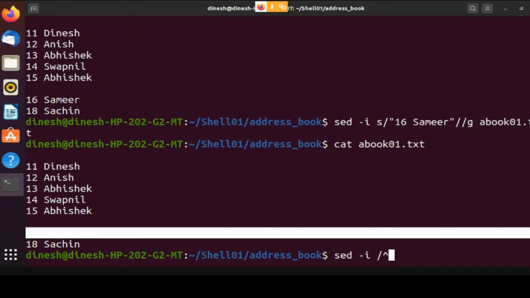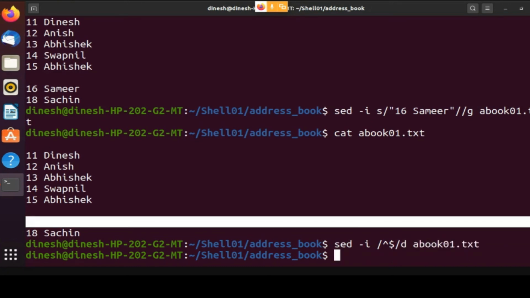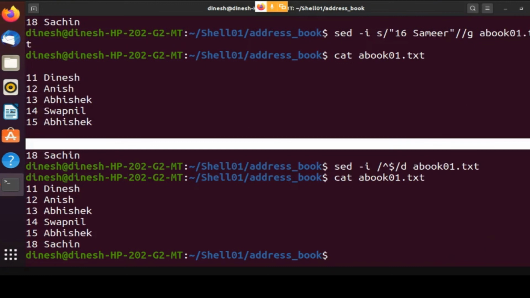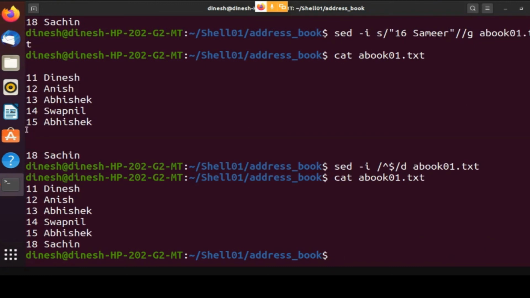Caret dollar, probably for a blank line. I think it's slash d, or it is like this, delete, and abook.txt. Yes, you got it. So all the blank lines, you can see these two blank lines got deleted.